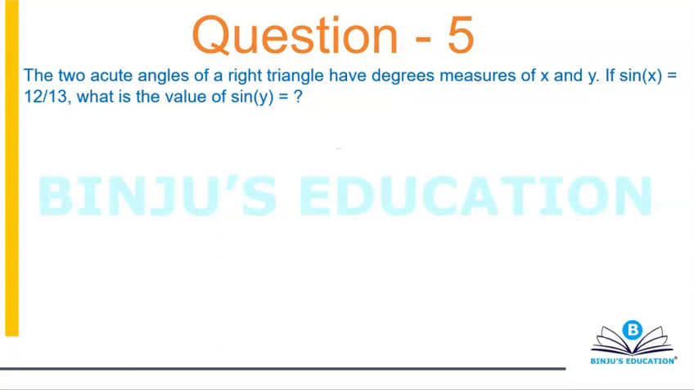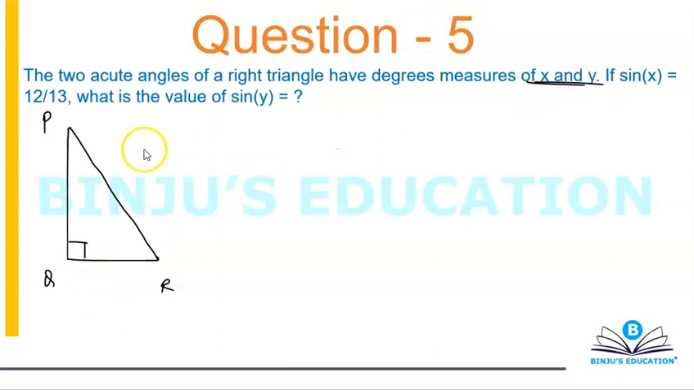Alright, let's give this one a try. So let's first of all draw a right angle triangle, because when you see a figure while solving a question, things are typically easy. So you have PQR, this is 90. The two acute angles of a right angle triangle have degree measures of x and y. Let's call this x and let's call this y. So sine of x